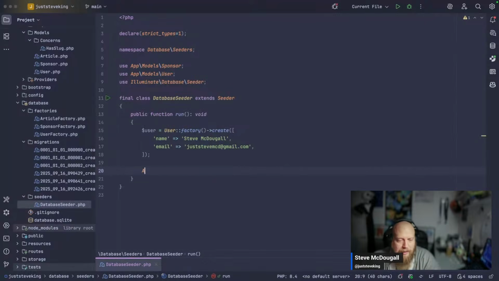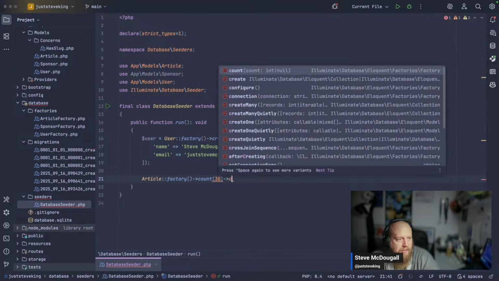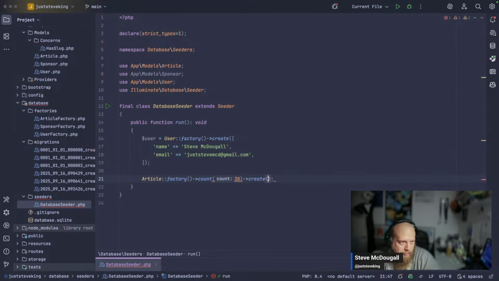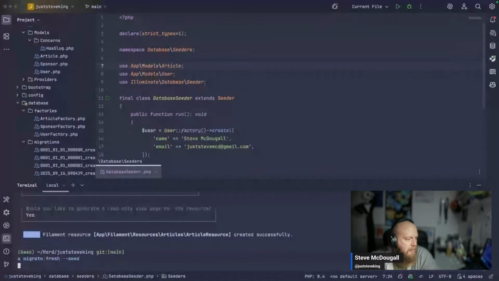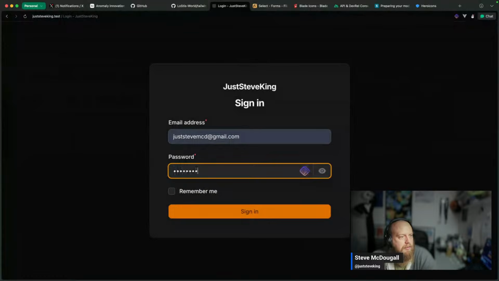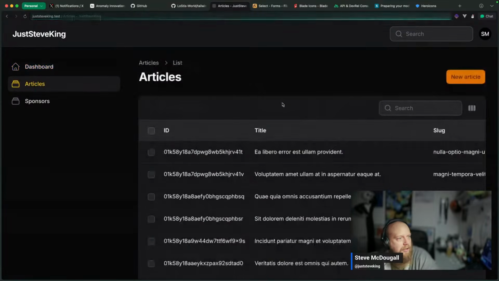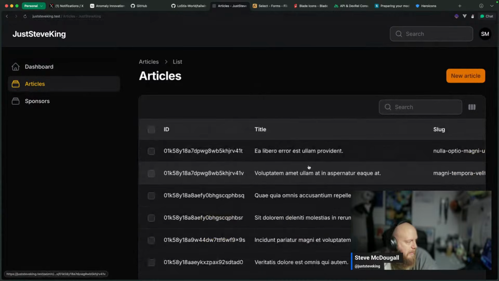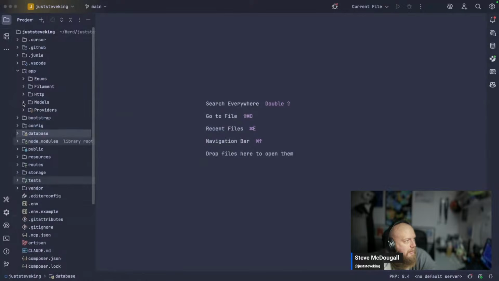And what we're doing instead of that, we're just going to say article factory count 38. We'll also say for user as author. Get rid of the sponsor now. A migrate fresh seed. Log back in. Articles, we've got stuff. Right, okay, so let's go ahead and tweak all of that now inside Filament, because Filament's